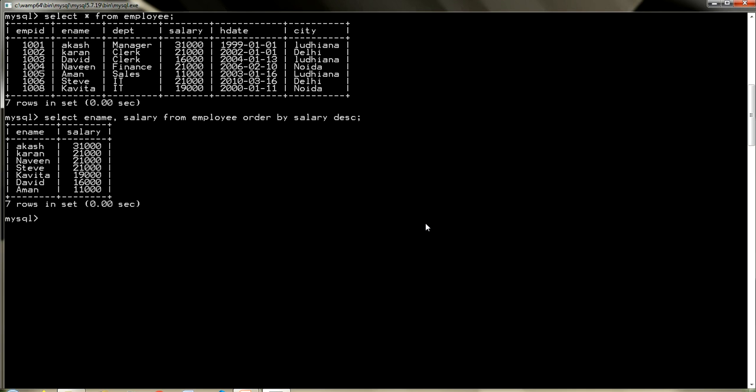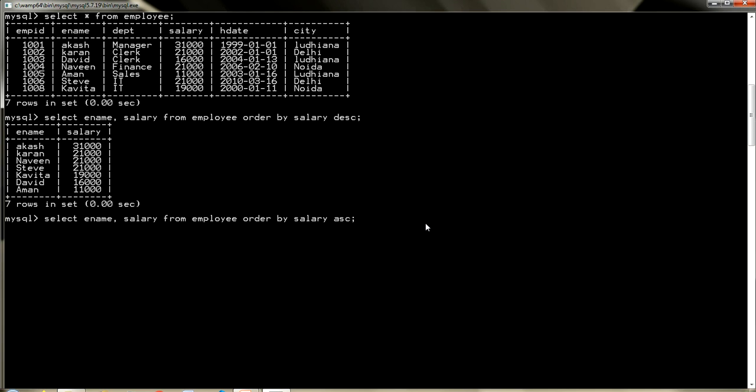So here if you press enter, now you can see you have all the names of the employees in the descending order of their salary. You can see the 31,000, 21,000, and then we have 19,000, 16,000 and 11,000. If you want to see the record in ascending order of their salary, you can write down ASC.